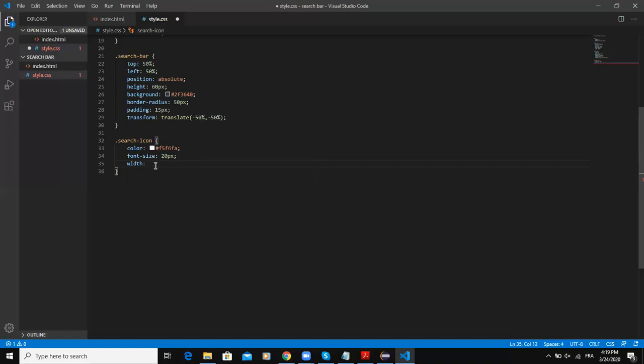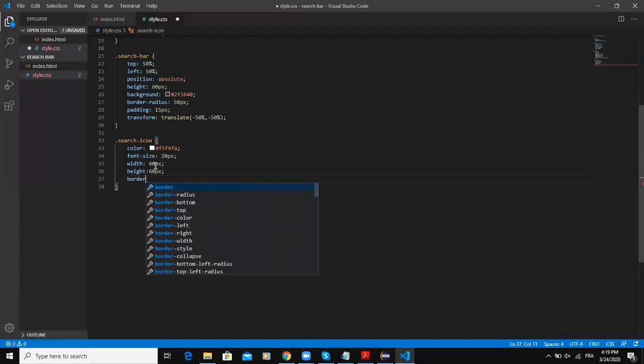So we'll give 60 pixels for the width, and the height as well will be 60 pixels. And so we want it to be round, so the border radius will be 50%. So that it's going to be like a rounded button,